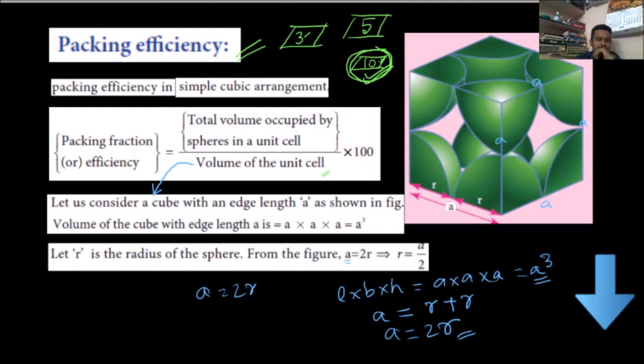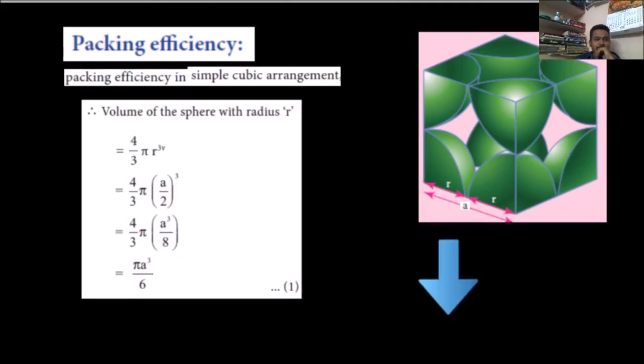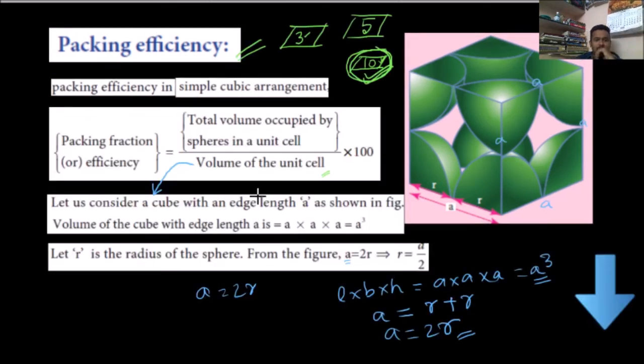And what is the next one? Next, the volume of the sphere with radius r. The volume of the unit cell you have found, no problem, that is over. Now what you are trying to find out is the total volume occupied by the spheres in the unit cell. What is our unit cell? Here our unit cell is the simple cubic cell. Now what I have to find out is the volume occupied by the spheres in a simple cubic